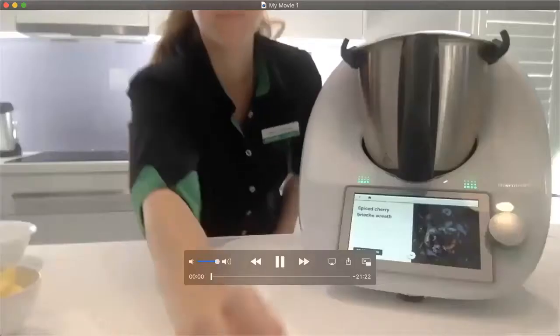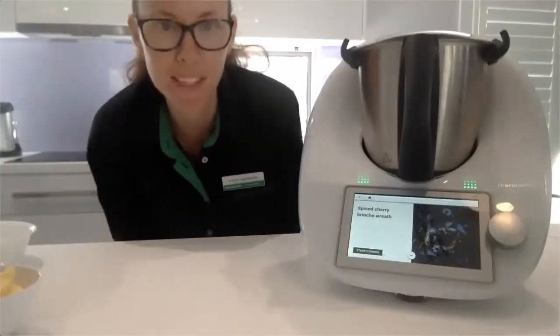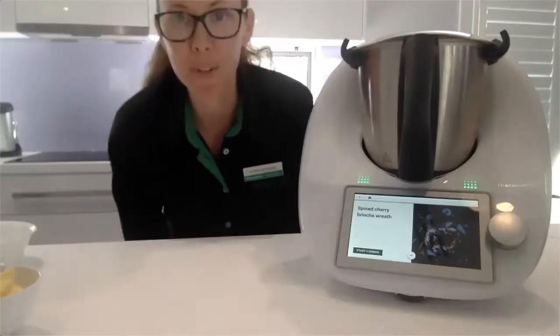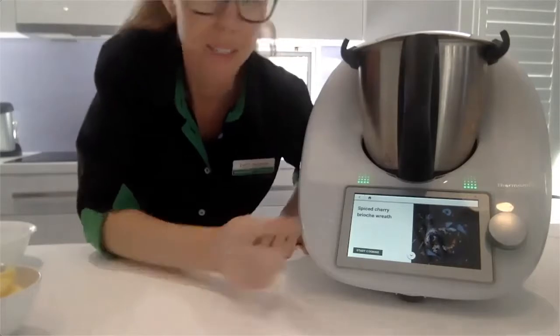So thankfully in virtual classes, I can speed that up for you, which we can't do when it's live. So here we go, and this is me making this spiced cherry brioche. Hey, I'm going to show you now how to make this spiced cherry brioche wreath, which is just super impressive any time of the year, but you know, it's great for Christmas in July or Christmas, the real Christmas as well. I am using guided cooking, so I've got it up here on my TM6 screen,